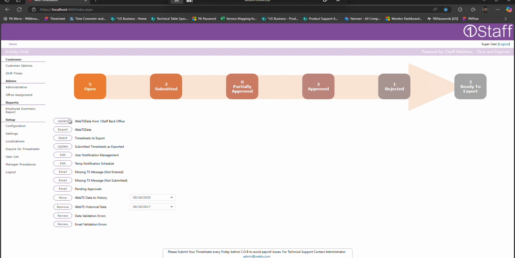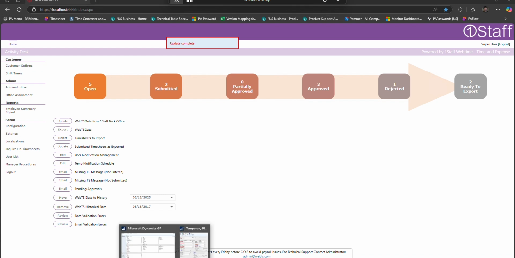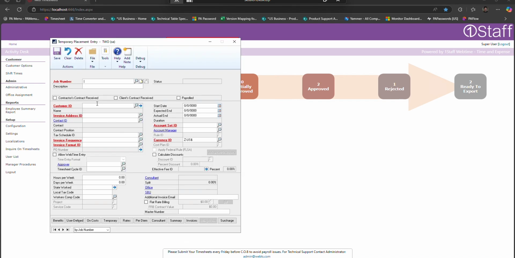Next, we'll go into WebTime and update that information. As you can see, it says update complete. Now, we'll go back into GP, into the window,